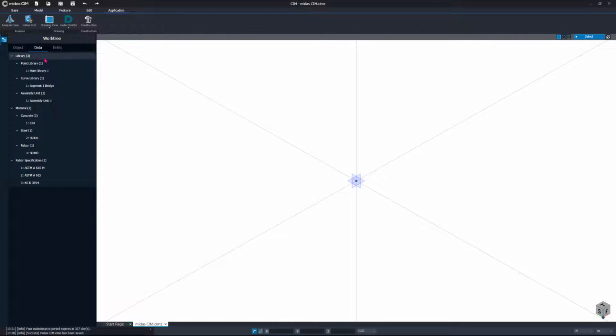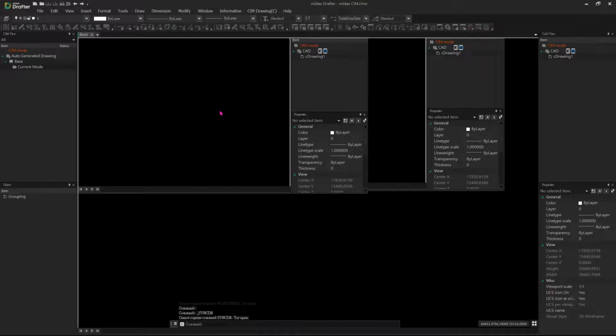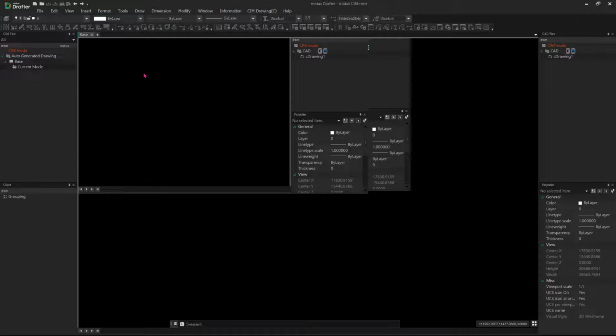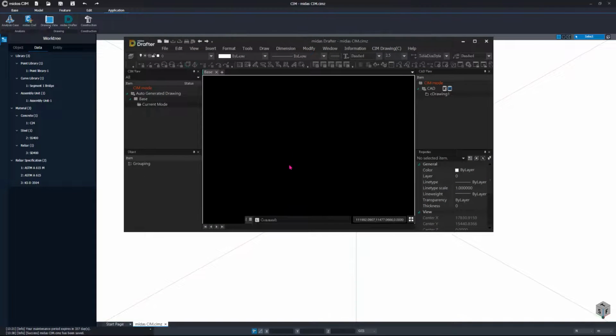You will see four work streams in the left hand side and the right hand side. Okay, I think it's okay.